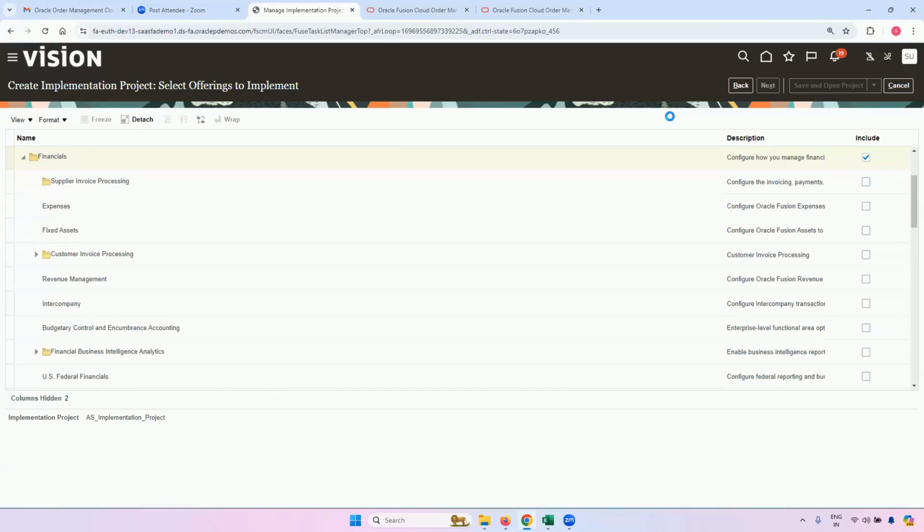Just a quick question before it loads. Raj, whenever applicable, can you please mention how it's different in EBS for people like me who don't know Fusion? Yeah, sure, I will mention that. Thanks. So this entire thing you're seeing as of now, this is not there in EBS. This is an entirely new architecture.